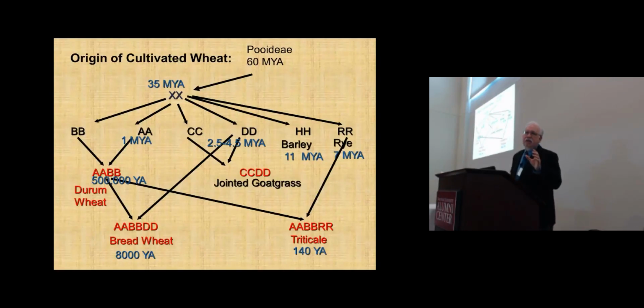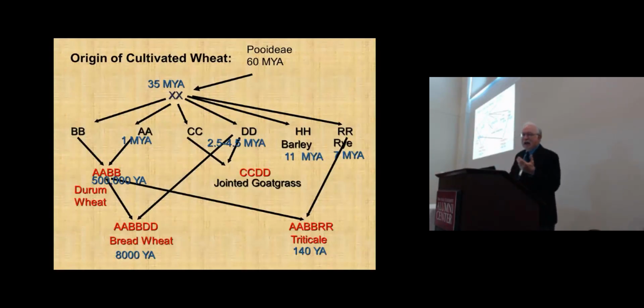About 500,000 years ago, there was a spontaneous hybrid. This is convergent evolution that formed the Triticum dicoccoides, which are the progenitors of the durum or pasta wheats. Okay? Now, I put that up because you can have convergent evolution in non-crop species also. So the C and the D genome also hybridized, and they formed jointed goat grass, which is one of the nastiest weeds we have in wheat. So it's not like evolution only gives us great food crops. It gives us weeds too.